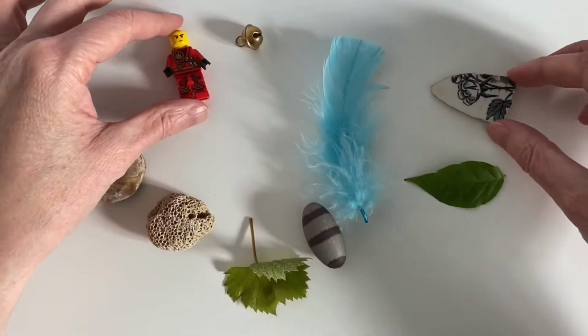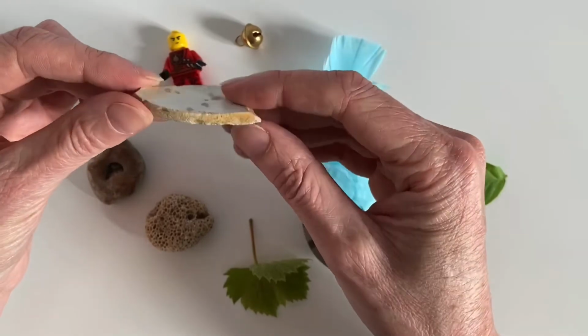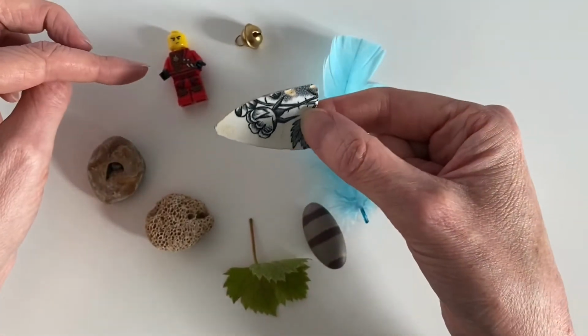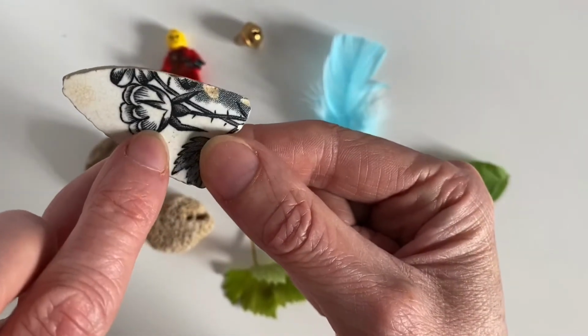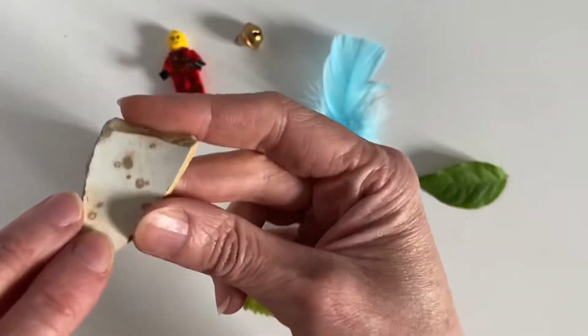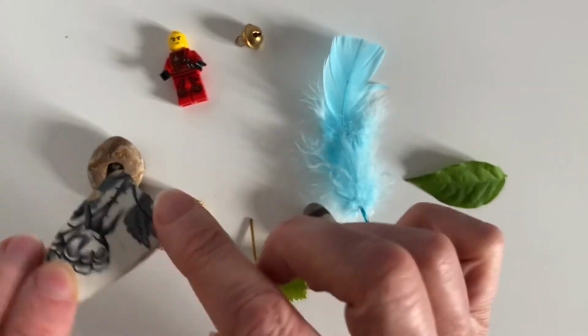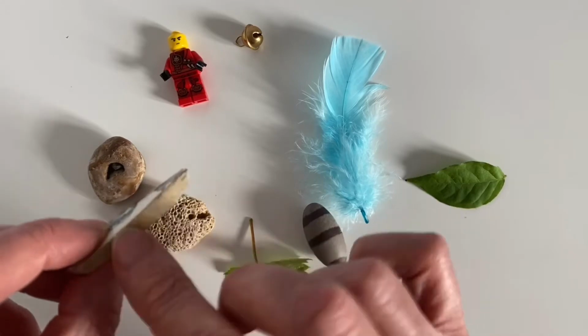But also in the man-made category I have this piece of pottery. Now it's a broken piece of pottery and it's got a kind of rough edge, so it doesn't have the regularity of the other two man-made objects. The pattern on it, if we look quite close, is regular. It's made up of little dots, it's printed onto the surface, but the edge is rough. It feels very, very different. It's got a smooth surface to one side and a very rough, scratchy surface to another if I rub my